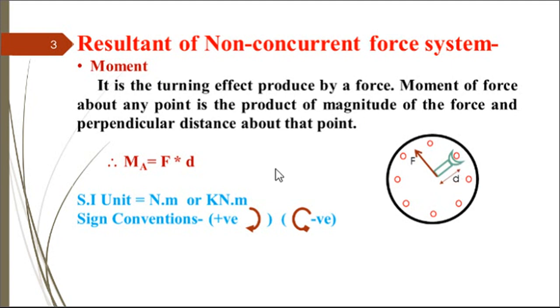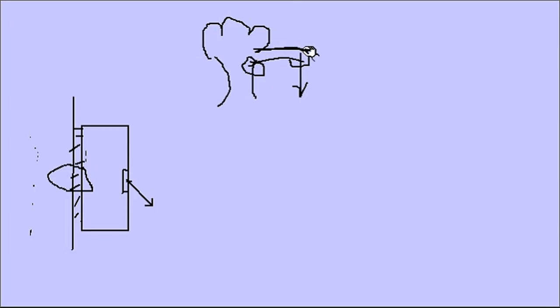Now this distance is very important. Whenever we are determining the moment, we have to consider the perpendicular distance, perpendicular to the force. For example, if you see this again, at this free end of the branch of the tree, a vertical force is applied. So moment is equal to this vertical force multiplied by the perpendicular distance, this horizontal distance between this connecting point and the force.